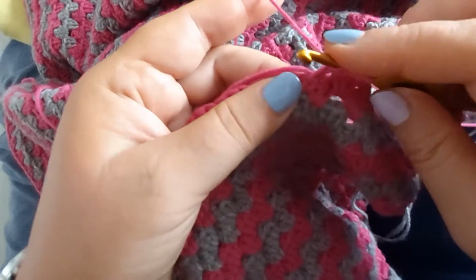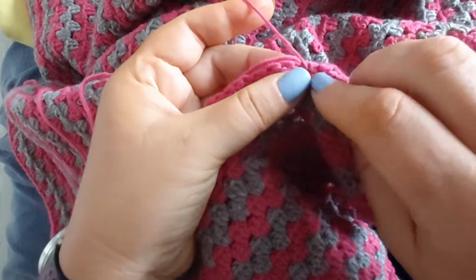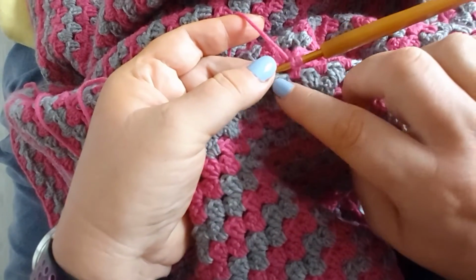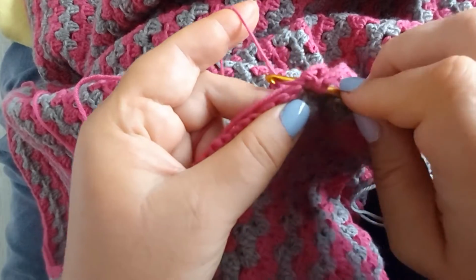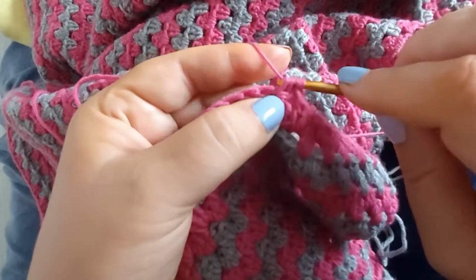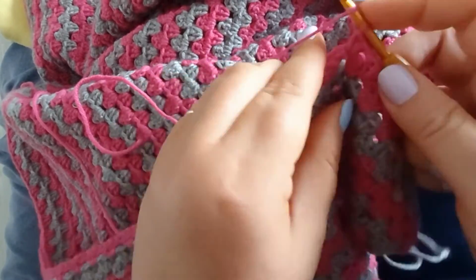So yarn over, in through the gap, just make sure that that pink strand is kind of along the top. If you think about the grey as being the floor and the pink as being the ceiling, you want it kind of stuck to the ceiling. Yarn over through, and yarn over through, and yarn over through. So one more,